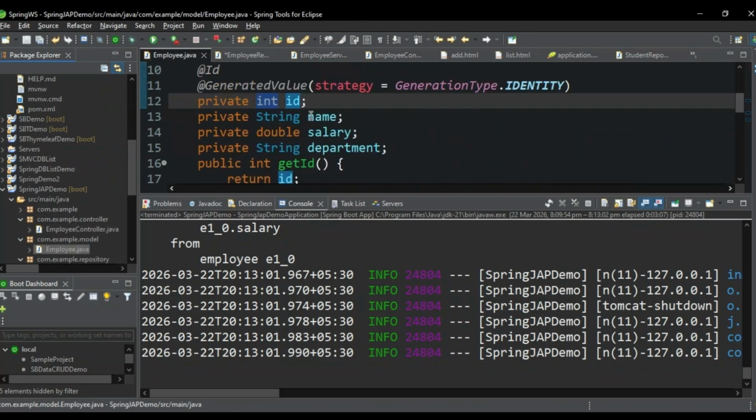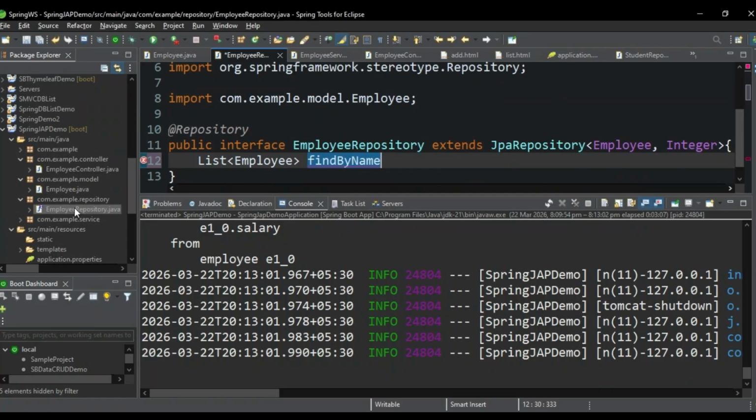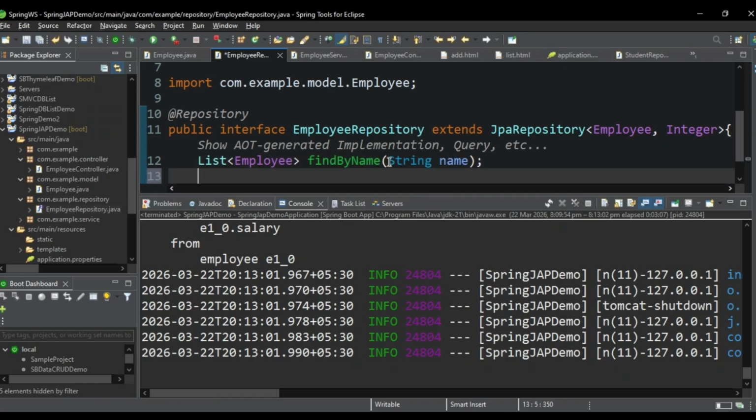So go to the employee model. We have the name as name. Okay, we have to provide the same name here, but we have to specify as capital N, because this will follow the naming convention of Java, find by name. Okay, this is not available in the JPA repository. If you are giving the method name, it will convert the query. Here we have to pass the name string. Just declare that method. This JPA will automatically create